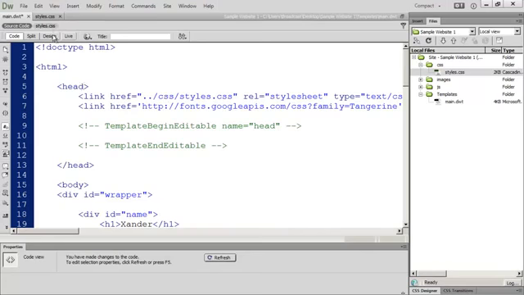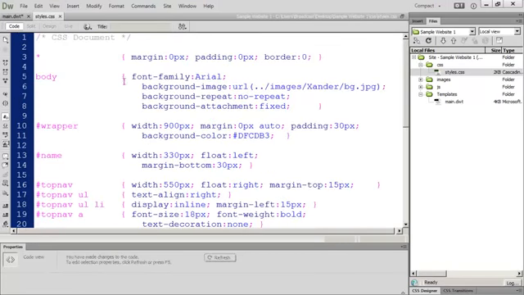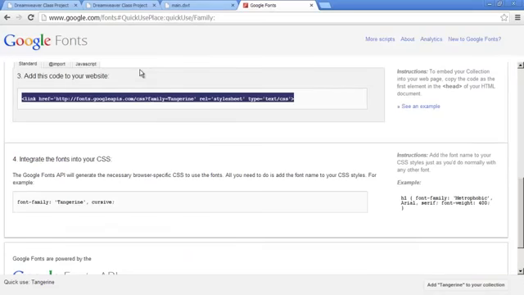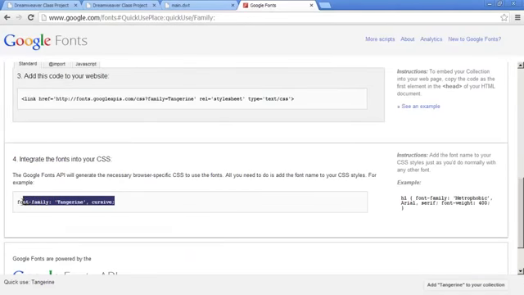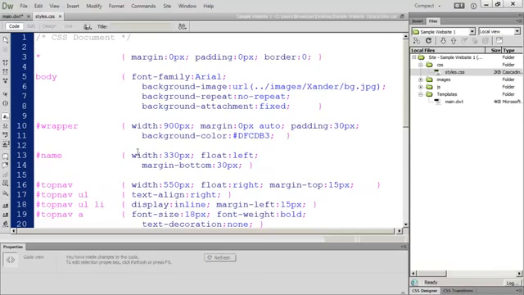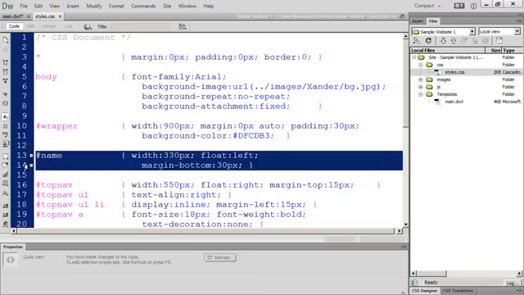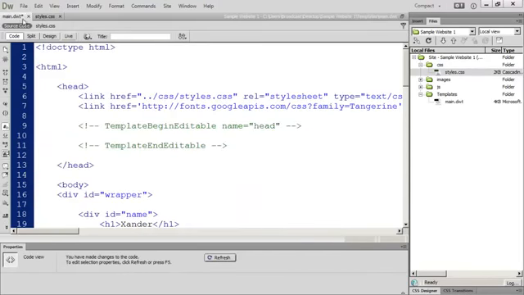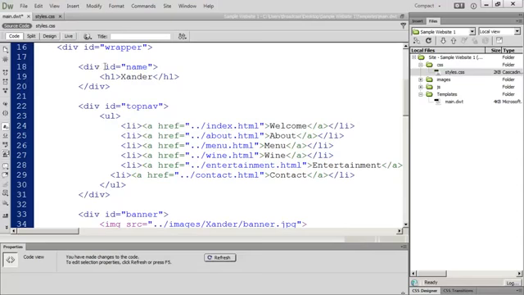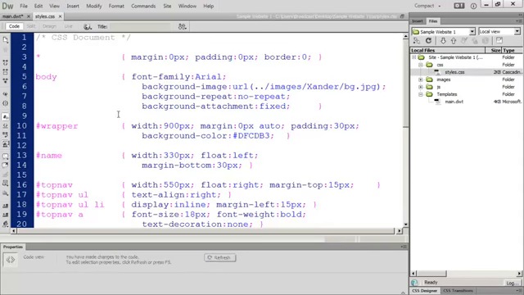So now that's available. Now I need to go ahead and use the second piece of information here, the font family, to actually define what should use that font. So I'm going to highlight that and copy it. Come in here to Dreamweaver, and here's the name section. And you're going to remember here, name H1 is what says Xander. So I'm going to go ahead and